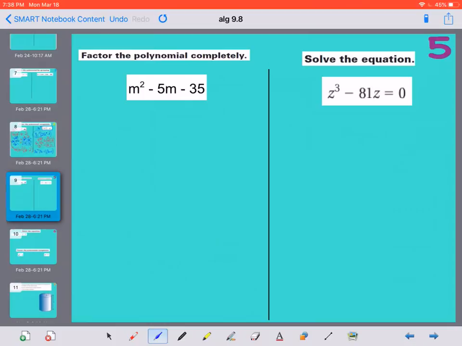Alright, so if I take a look at this one, looks like I can't factor anything out. So what I'm going to need to do then is do my diamond. So I get negative 35m squared, negative 5m,